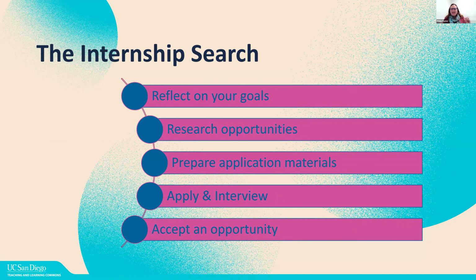Maybe you don't know. You don't have to have it totally nailed down. Again, exploration is one of the key reasons to do an internship, but do a little bit of thinking about what are some things that pique your interest, that you're curious about. Where might you like to start exploring, so that you have a place to start? And that doesn't mean you can't